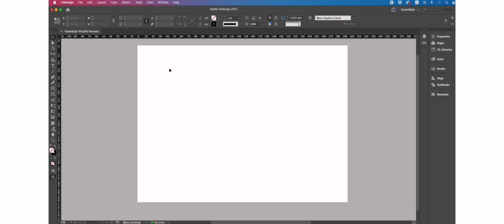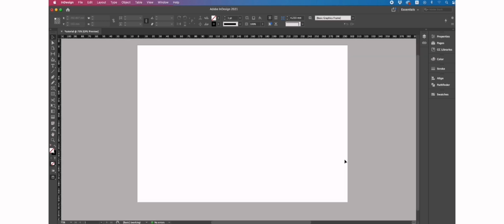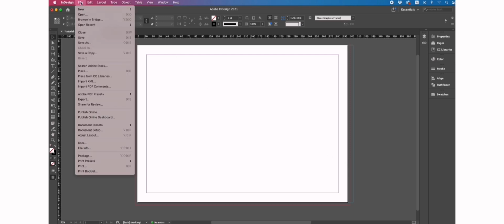So now we can press W. We can see our margins, which are helpful for our lining things. We can see our bleed marked by red line here, and we've got our slug area on the right. So we can quickly switch between those,